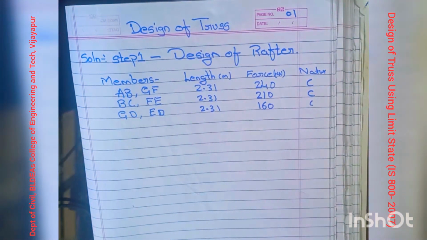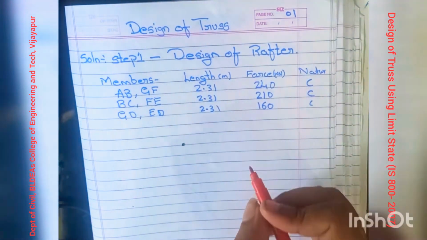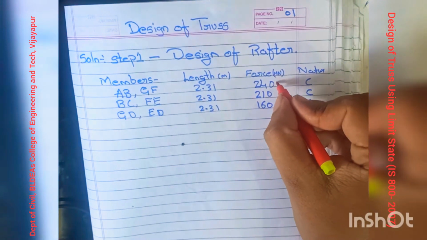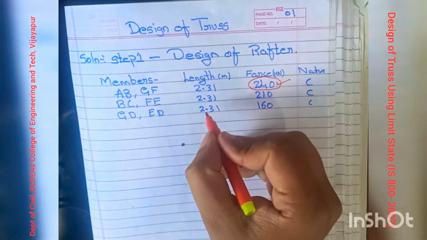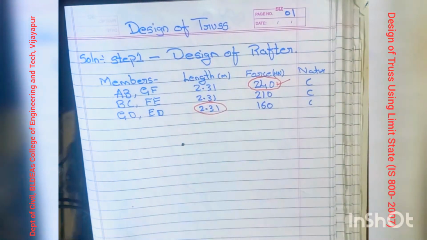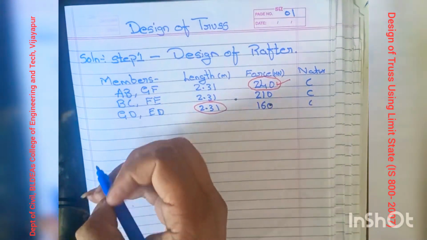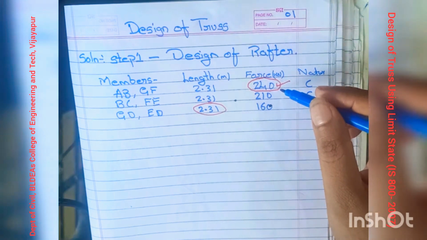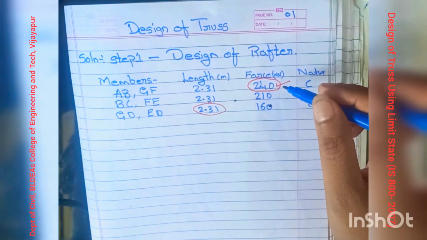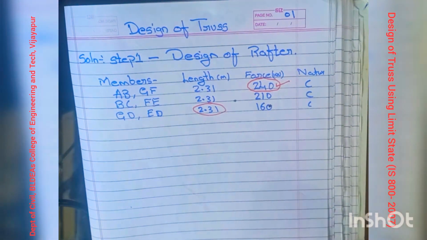So here, instead of designing all the 6 members individually, what we will do is select the maximum force, this one. So this is our maximum force, and we will select the maximum length, all are the same. So for the design force, I will select only the maximum one and design that. Whatever design I do for the critical member, if it is safe for that member, and I provide the same thing to the other members, automatically it will be safe for the other members as well.